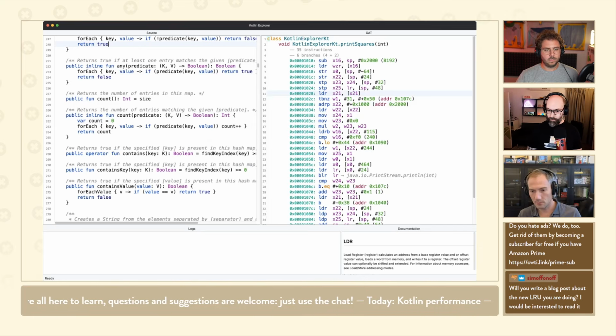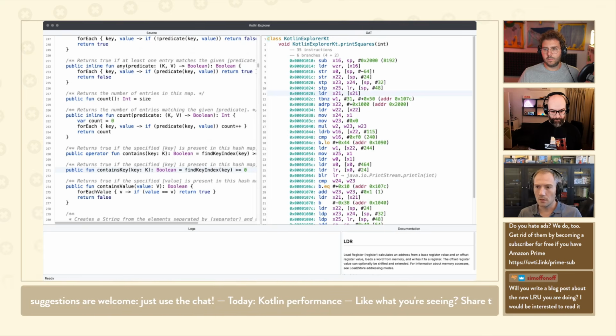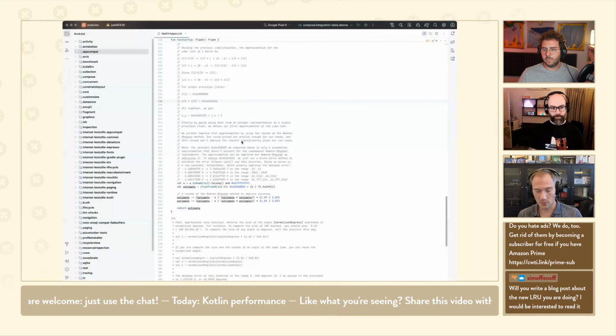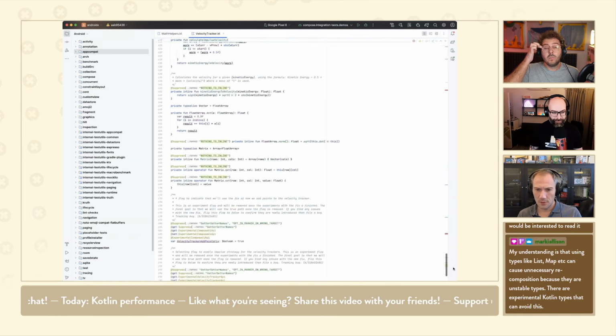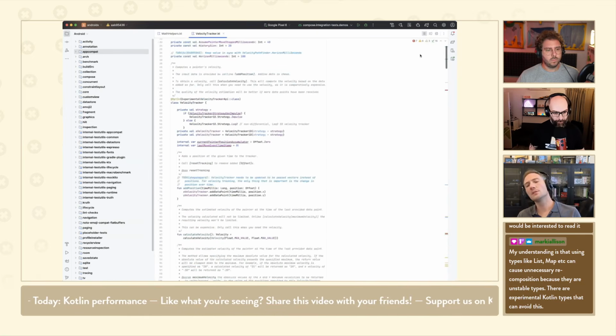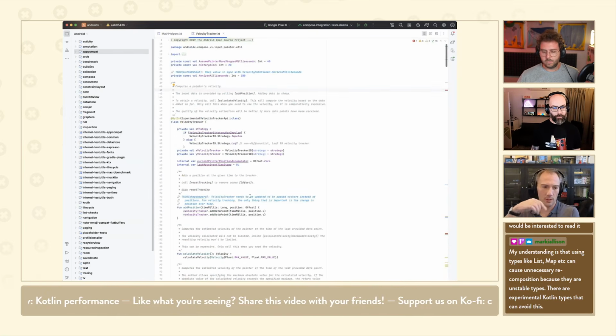So I'm going to jump into the actual source code of Jetpack Compose. It's right here. And this is the code I fetched from AOSP, so there's no code that's secret. I think it was in VelocityTracker? Yes. Okay. So VelocityTracker, that's a class that handles it when you fling your finger.